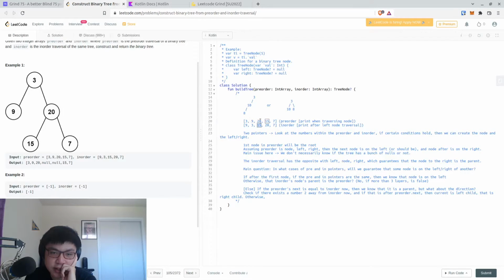And since 15 is not equal to 20, we know that this 15 is not a left pointer. Because they're not equal, we know that this 9... Can we guarantee and say that 9 is a left pointer then? Well, if there was a left pointer there,